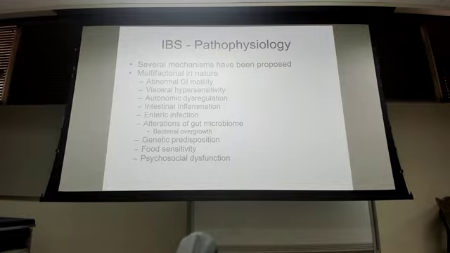So most of these IBS patients do have some type of abnormal GI motility issue, i.e. physical movement of the products of digestion through the bowels, either too fast or too slow, right? So too slow, constipation. Too fast, diarrhea. Second,